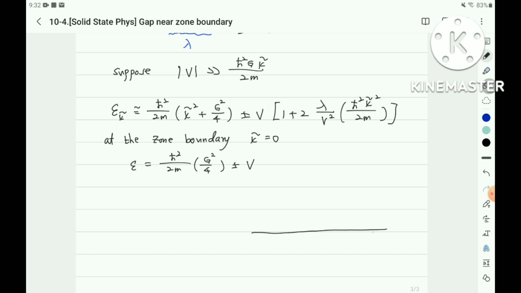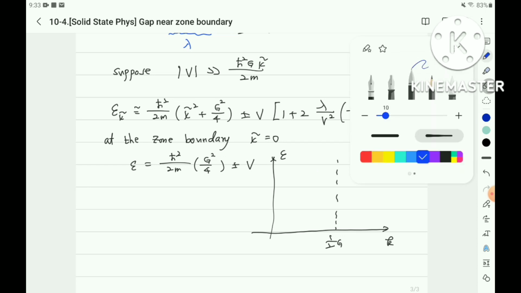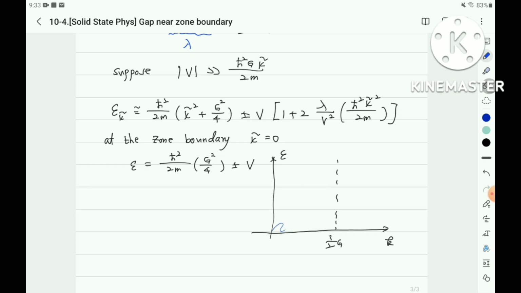When you draw this picture like this, the energy dispersion relation, and it is the zone boundary. It is one half g, in other words, pi over a. Without consideration of the energy band gap, it should have the parabolic band structure because h bar square k square over 2m. But